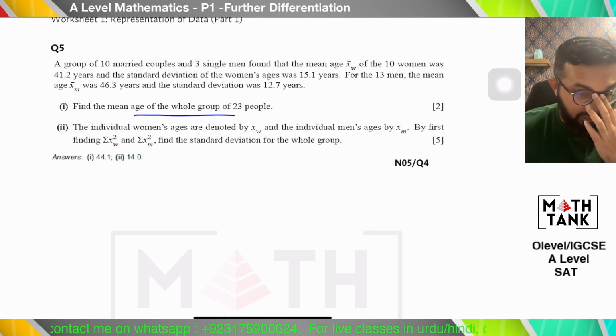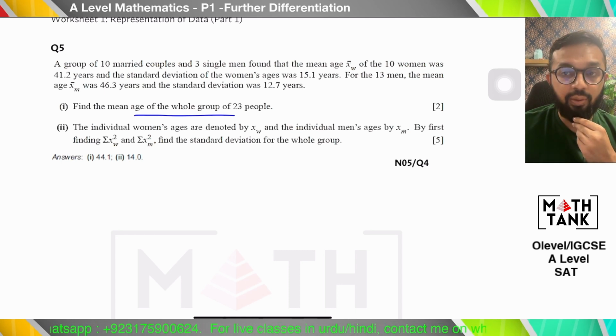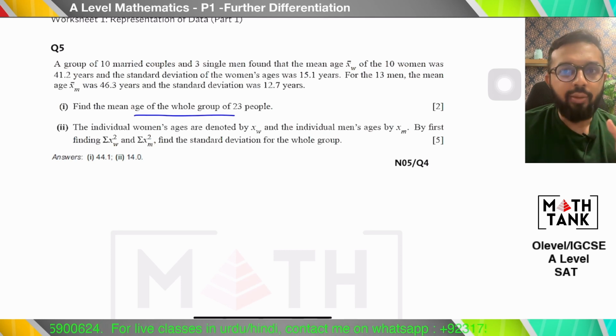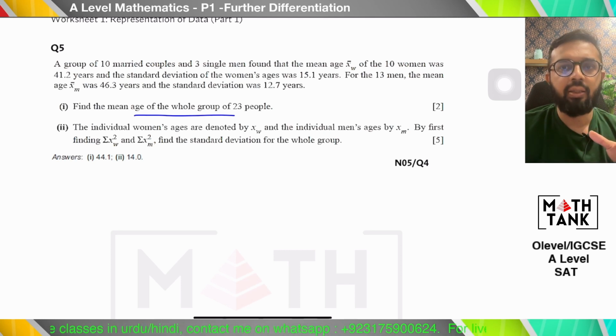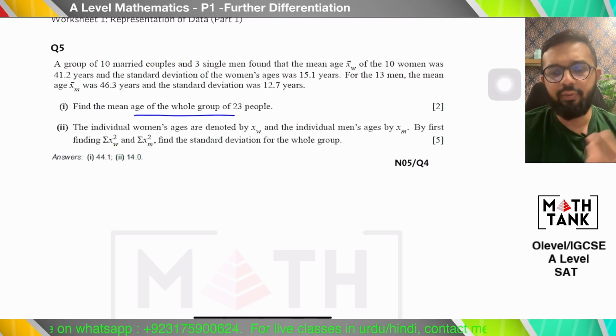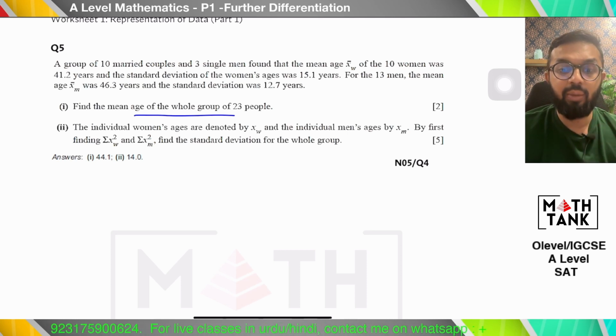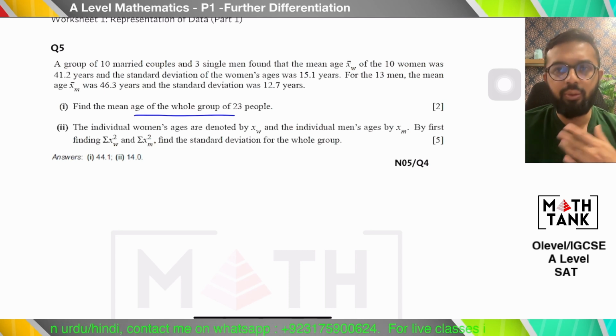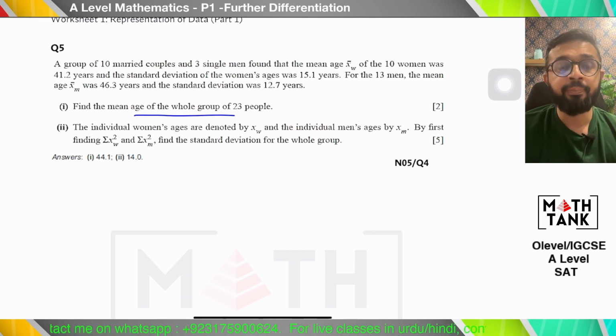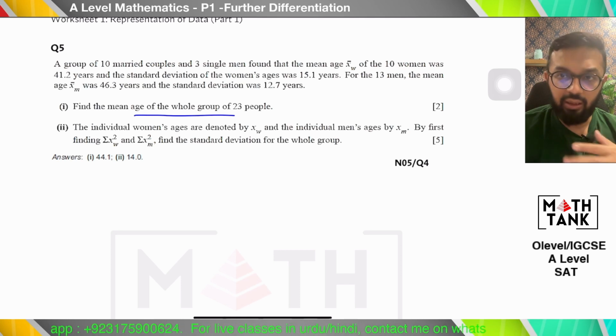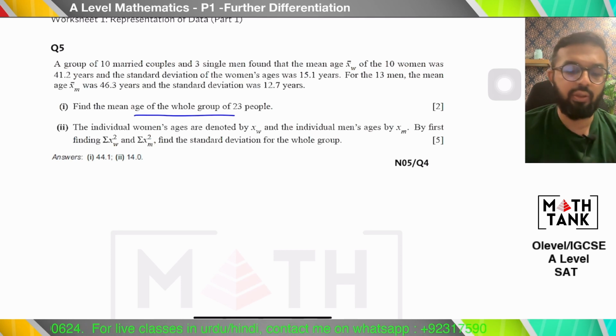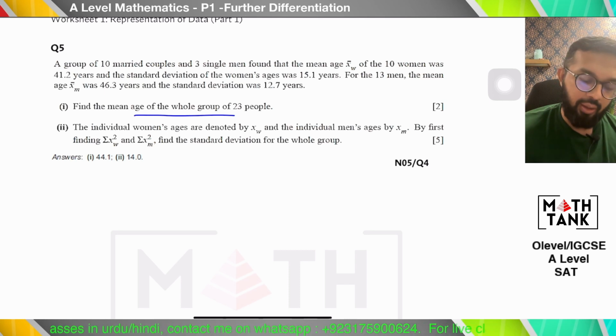Now remember that whenever you're trying to do the whole, as we've talked about before, you cannot simply add the two means together. You need to add the components of the two categories together, which means that you need to add the sums together, you need to add the n's together, and then come up with new sums and new n's to find the mean of the entire group or the standard deviation of the entire group for that matter. Okay, so